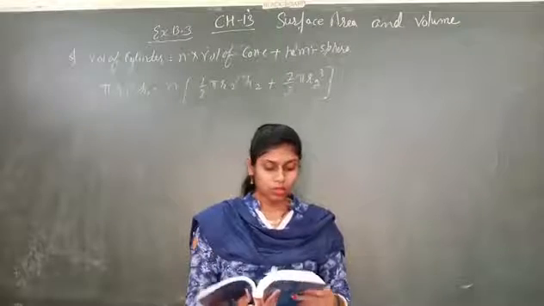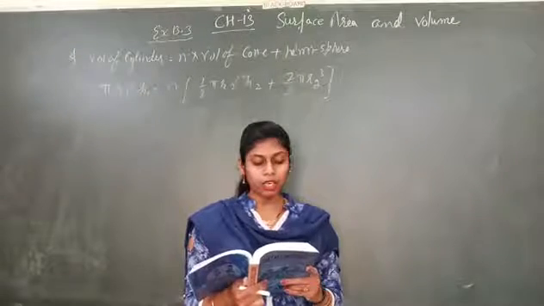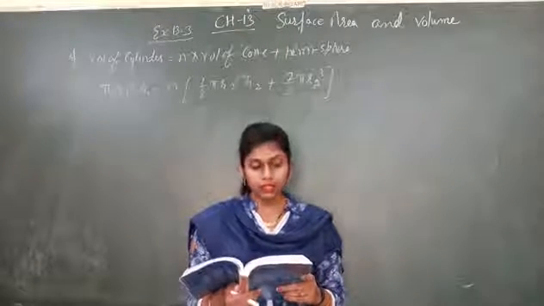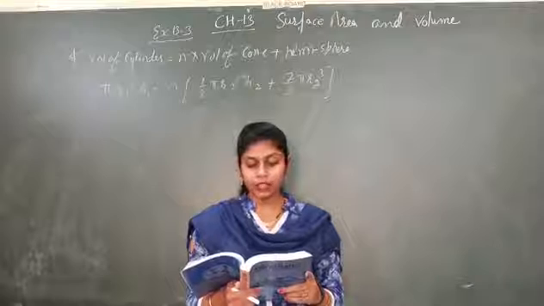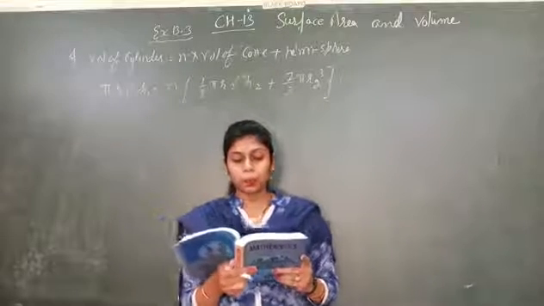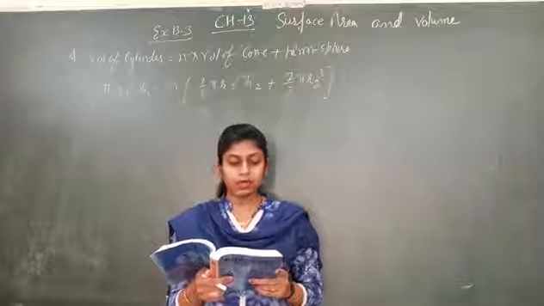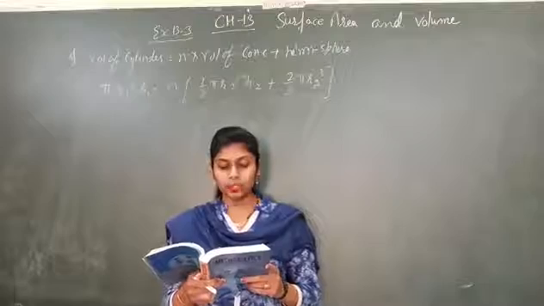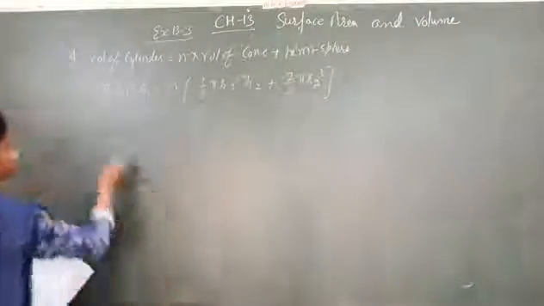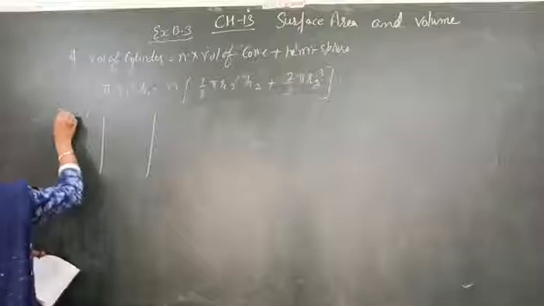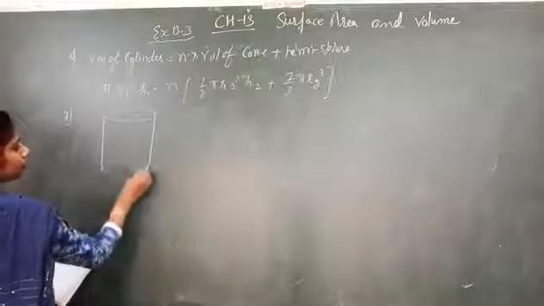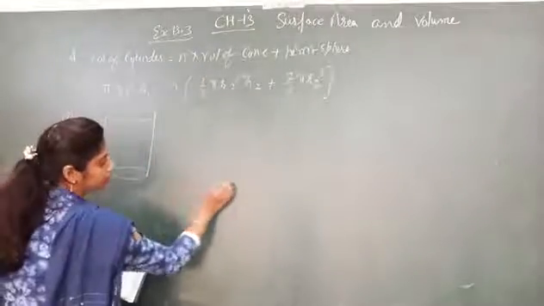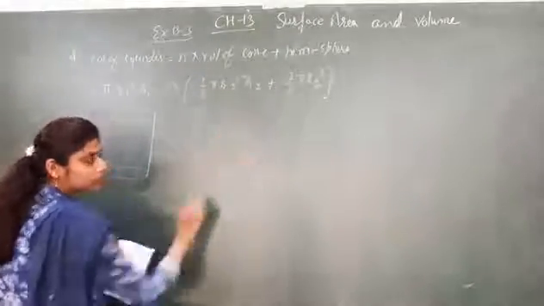Next, question number 7. Cylindrical bucket. Bucket is in the form of cylinder, 32 cm high and radius of base is 18 cm, is filled with sand. This bucket is emptied on the ground and a conical heap of sand is formed, if the height of the conical heap is given. Again, this is very easy. There is a cylindrical form full of sand emptied on the ground. Then a conical shape is formed like this.